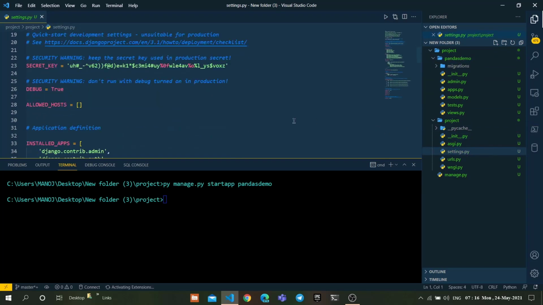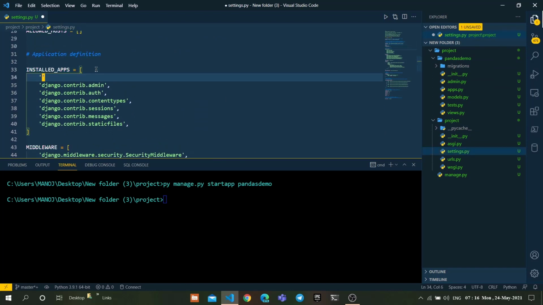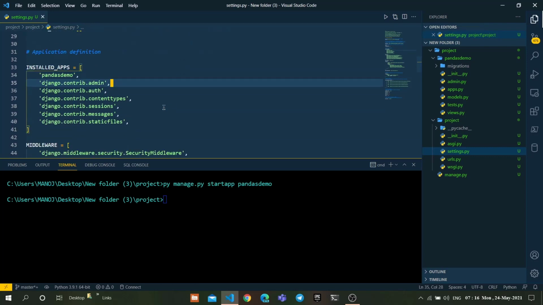Let's configure it in installed apps of the settings.py file. Go to installed apps, and type pandasdemo. Make sure you keep a comma. After configuring it,